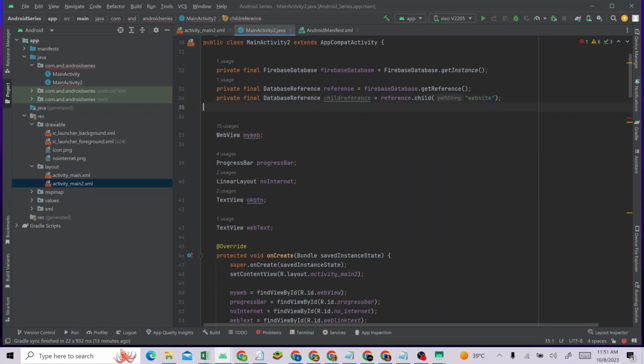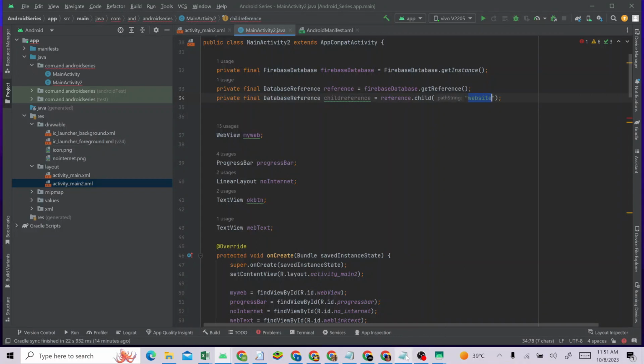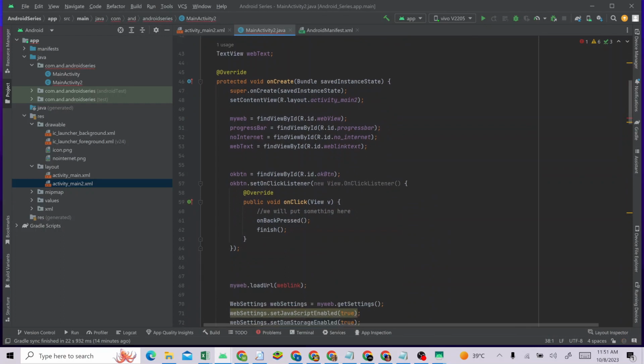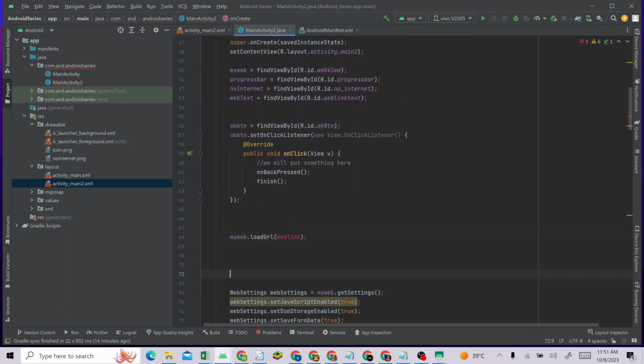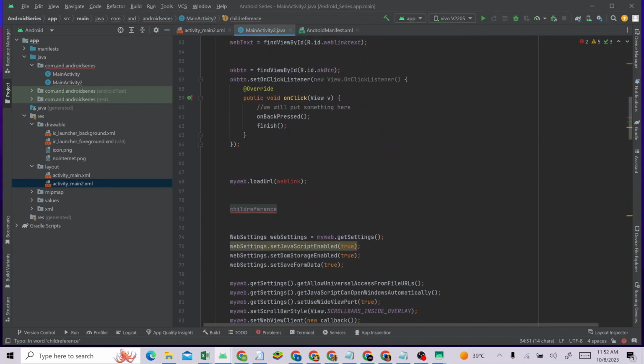The word website, this one, is the same as this one here. If you miss one letter, it won't read the web link. Now we come here and we say child reference, this one here, child reference